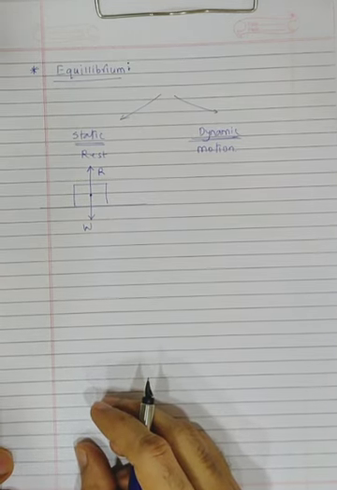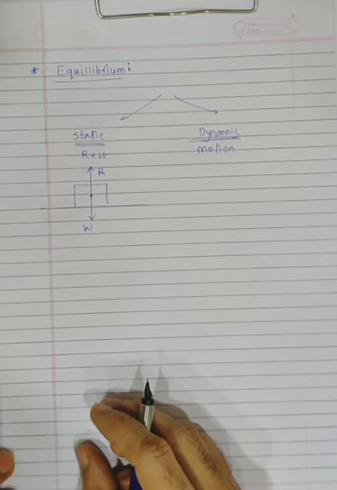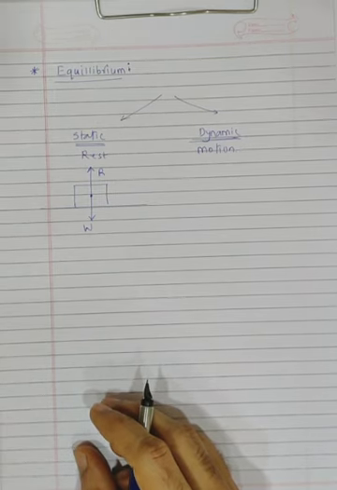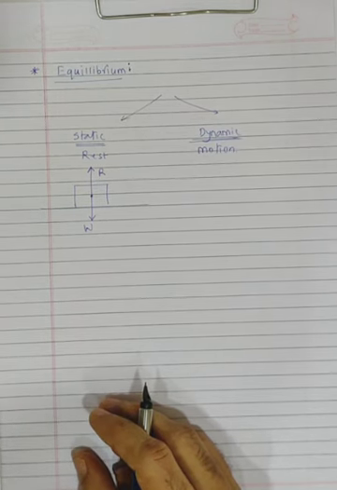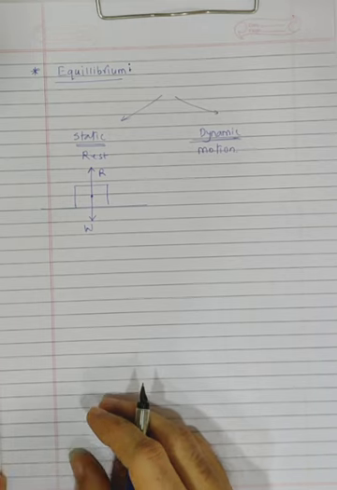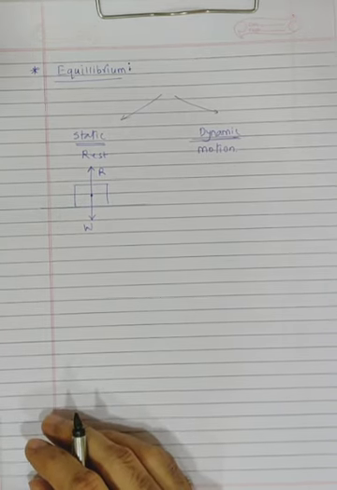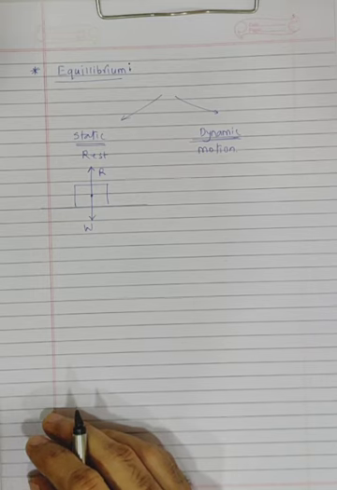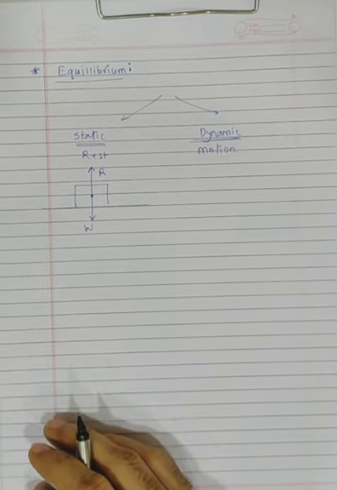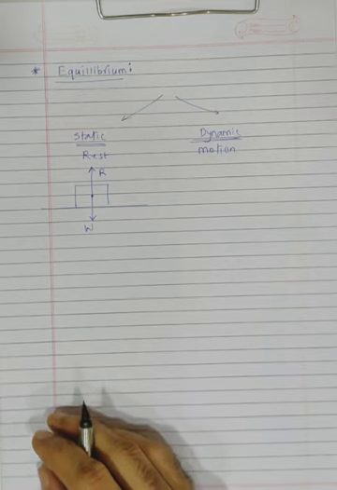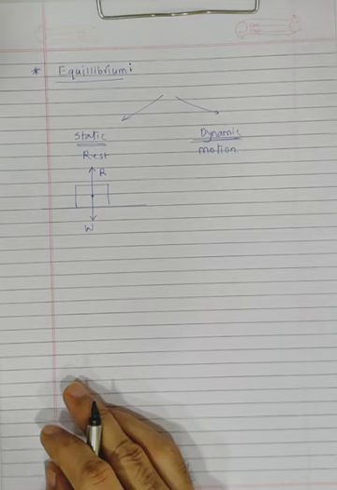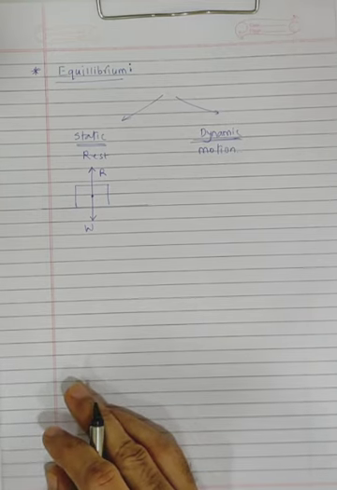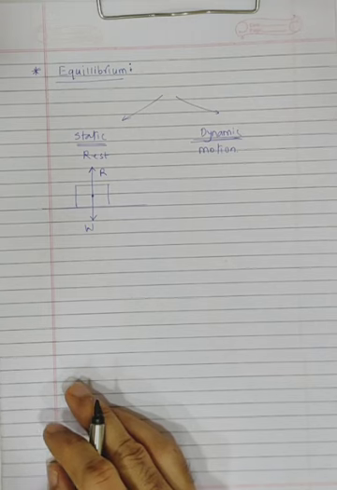Okay. Same way, another example that's given in your textbook is of a beam balance. When a beam balance is in a horizontal position, meaning when you're getting the correct amount of grains or grocery or something, the beam will be in a horizontal position. That time again it will be what? Static equilibrium. Same thing you can experience in a seesaw also. If two friends are of exactly the same weight, and they are sitting at the same distance from the center, then also they will experience what? Static equilibrium.